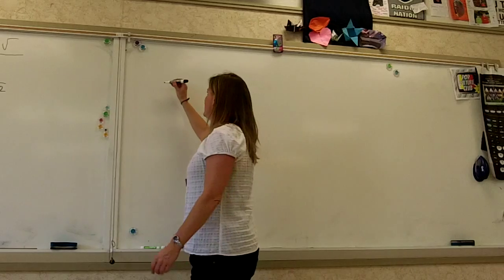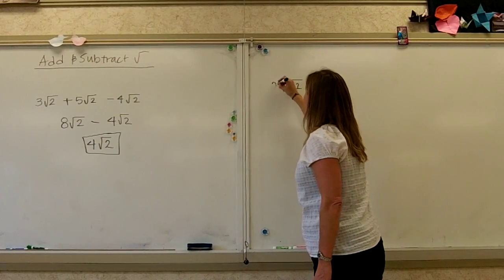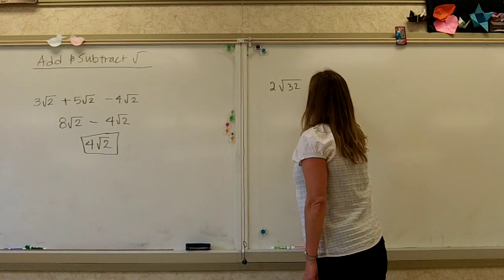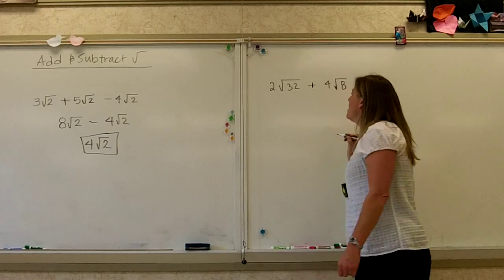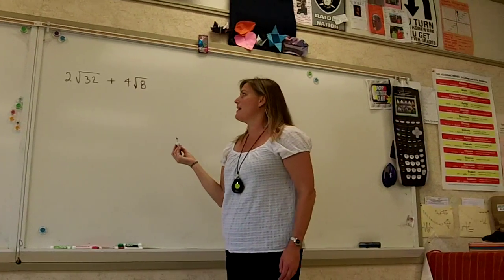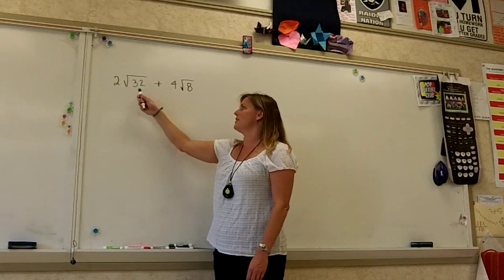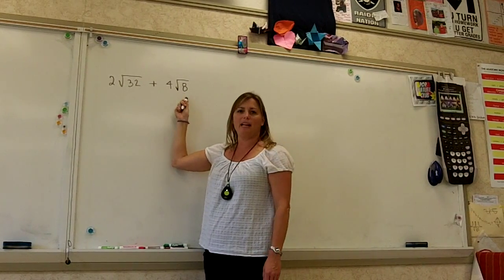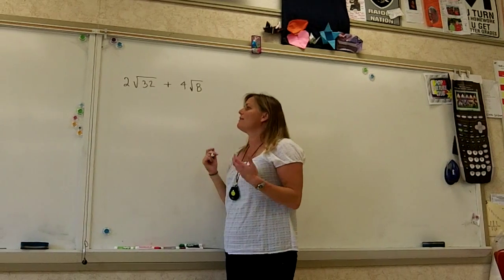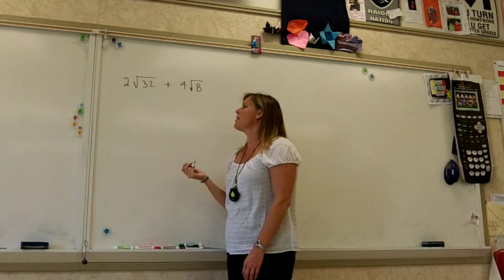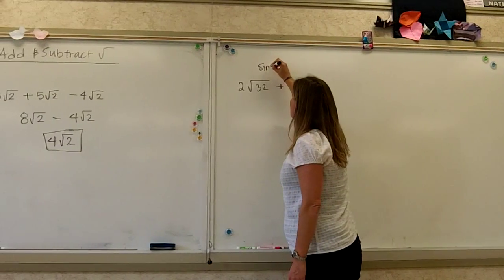Let's say 2 times the square root of 32, plus 4 times the square root of 8. When you first look at this, you might think, oh, I can't add those together because the numbers on the inside are different. You have a 32 and you have an 8, and so you can't combine them. But then you think, well, if this is an example or a homework problem, I must be able to do it. So what you're going to have to do first is simplify